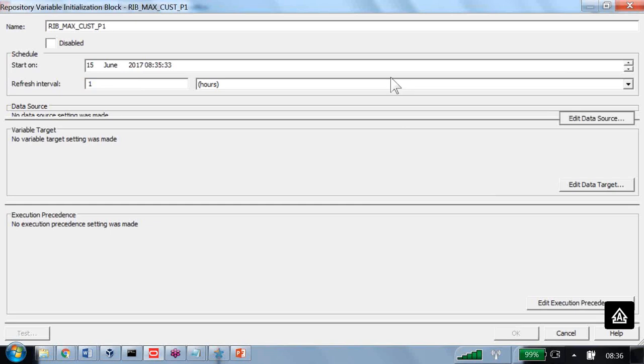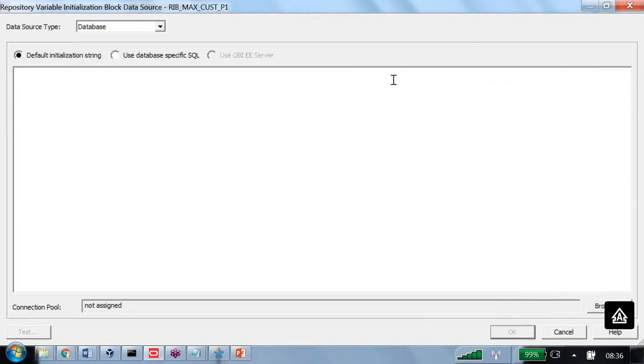Right, that is the one. Then provide the SQL query: select max, open bracket, substr,